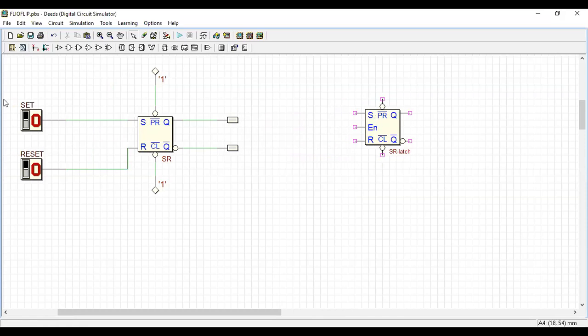All others are the same, so I'll copy my inputs. Then reset also. Reset and clear.